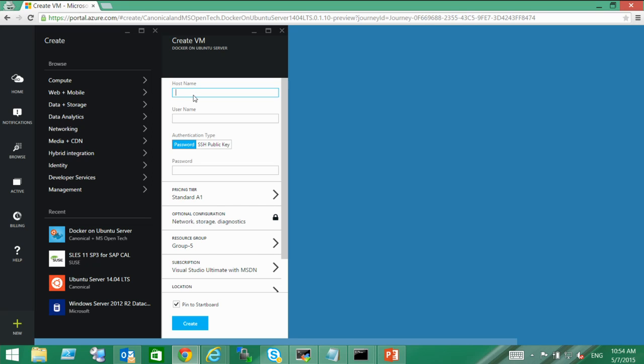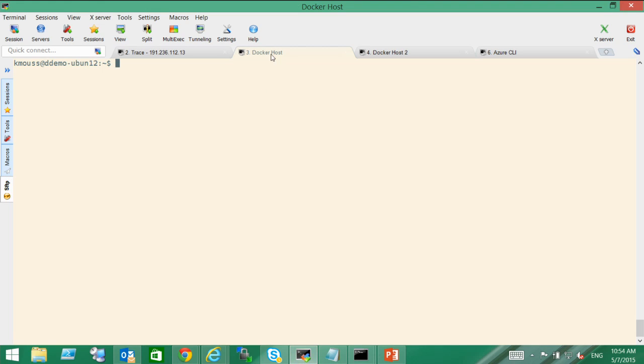And let me show you how it looks. So I have one already ready. This is a Docker host running on Azure infrastructure, on an Azure VM. Once you have that VM up and running, you can go inside and just type